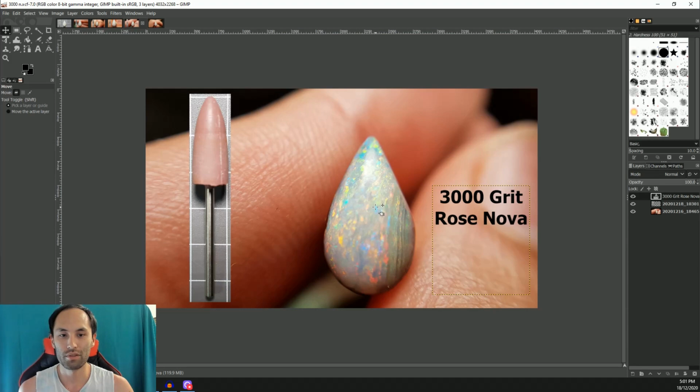And then we move on to the 3000. So now you can spend as much time as you want, you don't need to be worried about the shape changing too much with the 3000, so you can spend a lot of time here. That's another way to waste a lot of time when you're carving, and you'll end up spending way too long on some of these pieces, if you just keep using the 3000,